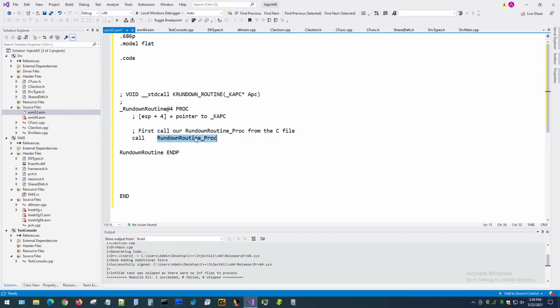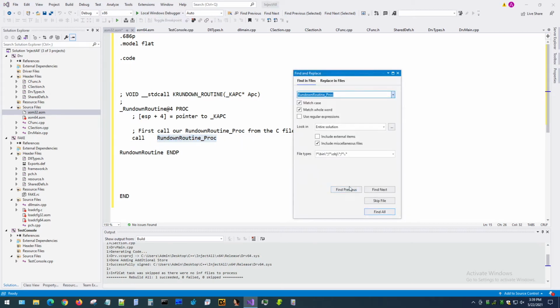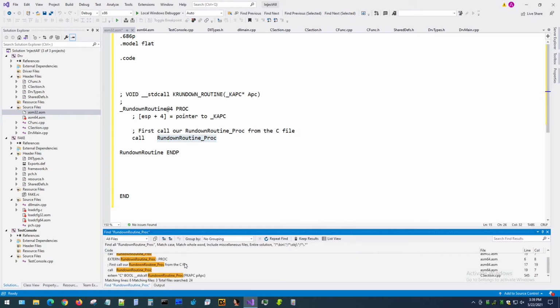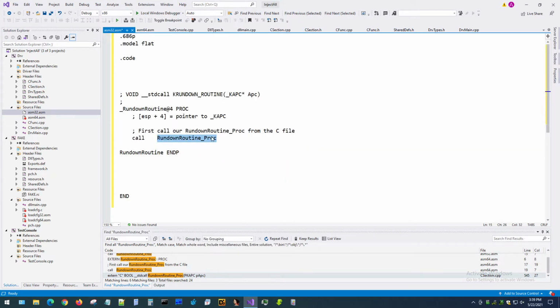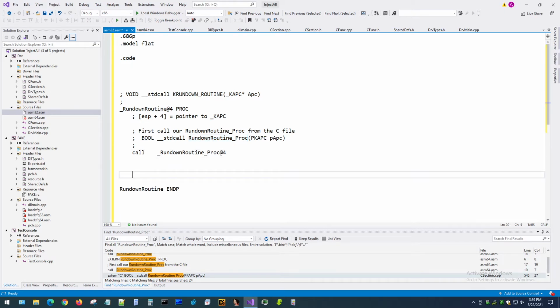And if we look at it, let's just search real quick for it. So let me copy it. Now in this case it does matter for us. So I'm going to copy it right here. Again, it's stdcall, so it means that we have to do this and add 4, because that's how this procedure is declared. And what we need to do, we need to pass its argument on the stack, which